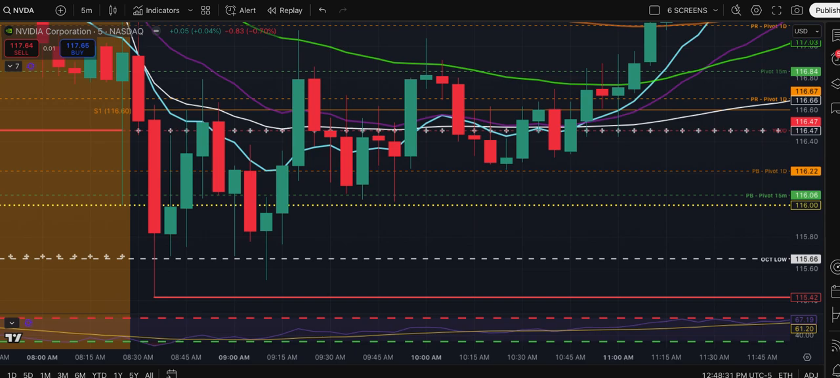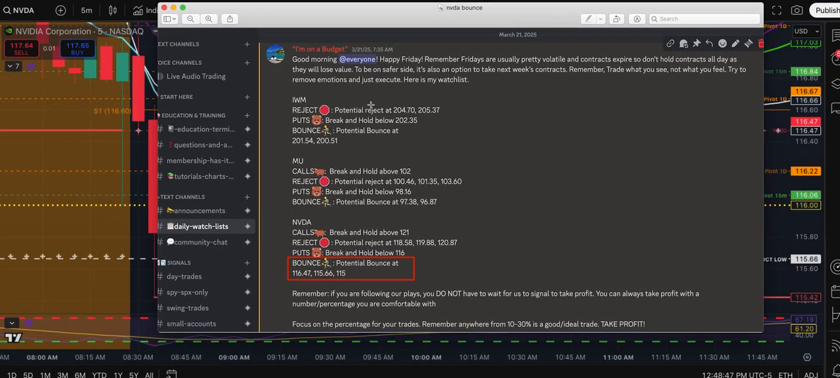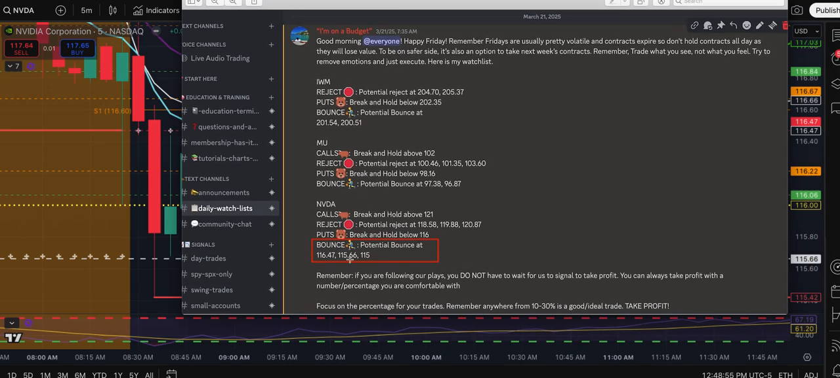Okay, so in this example, I'm just going to talk about how bounces or rejects work. You'll see me put it in the watch list, or you will see one of us do it. In this example, I'm just going to show you how it works with Nvidia. On the watch list on the 21st, right here, I said Nvidia. I said for puts, I was looking for a break and hold below 116, but I said bounce at 116.47,